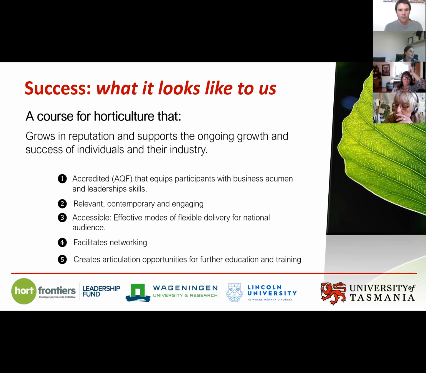We want to facilitate networking between people that do the course. When people are finished, that's one of the things in the past that people have said has been very valuable to them. With COVID-19, that's obviously going to be a greater challenge this year, because doing things online and getting to know people online is a little bit harder. But we'll cover more on that in a bit.